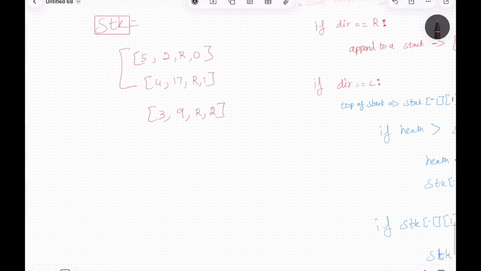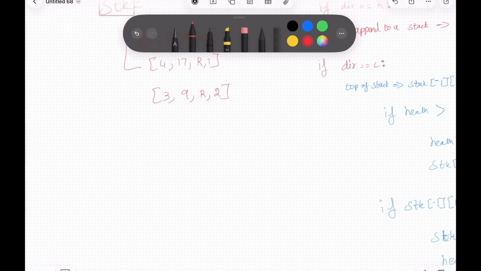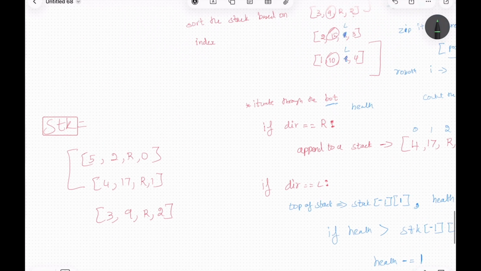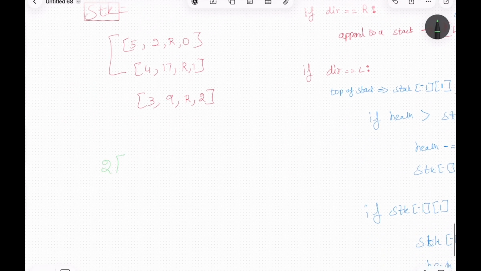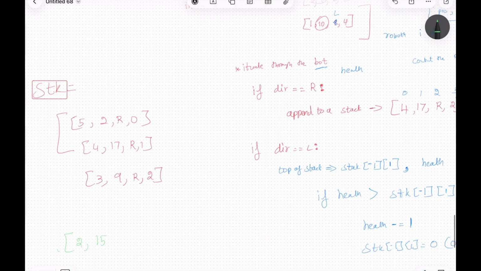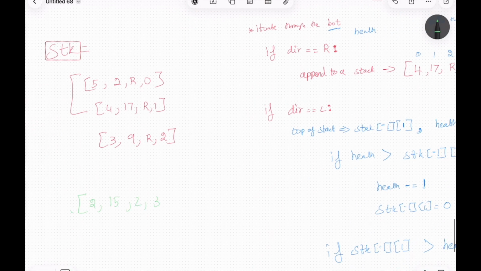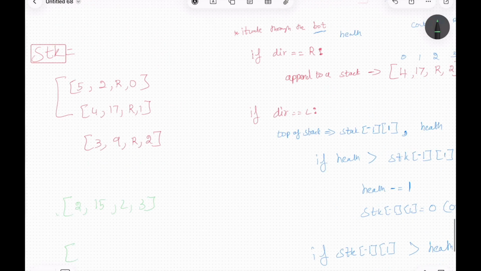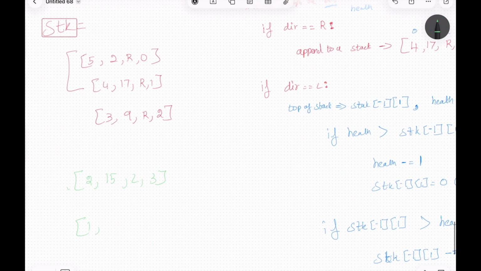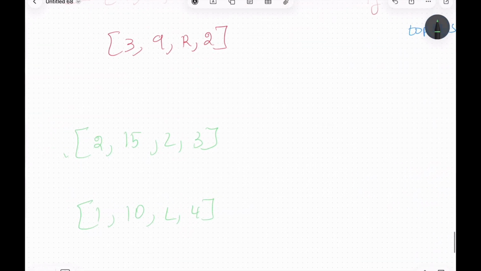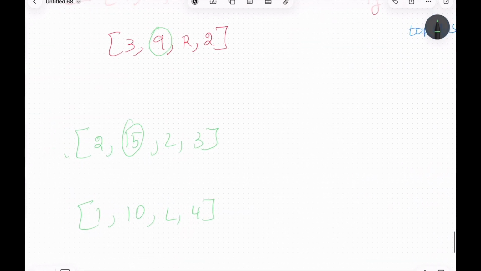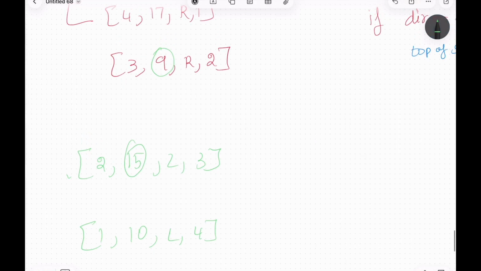Then what happens is we encounter the left value. So let me take another color. So 2, oops, this is 215 L3, and you have 110 L4. So now you have to compare the health. So this is greater. What happens is this will be popped out and this will be reduced by 1,